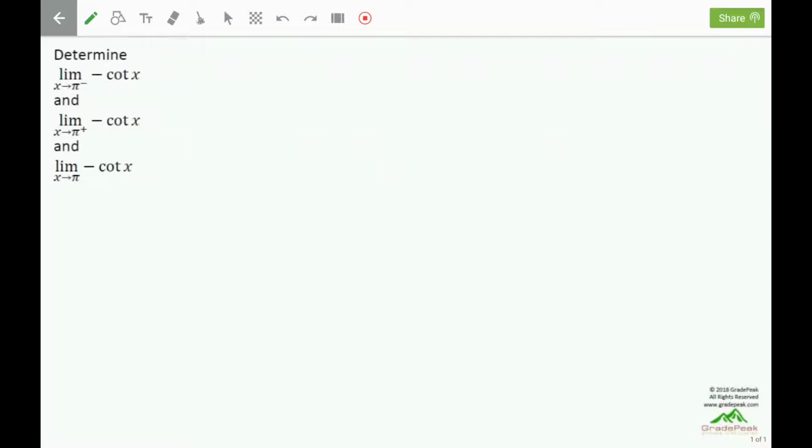Determine the left-sided limit and the right-sided limit and the two-sided limit as x approaches pi of negative cotangent of x. Each of these involves the limit as x approaches pi of the negative cotangent of x. The first thing to do is try plugging a pi in for each of the x's. That'll give negative cotangent of pi,